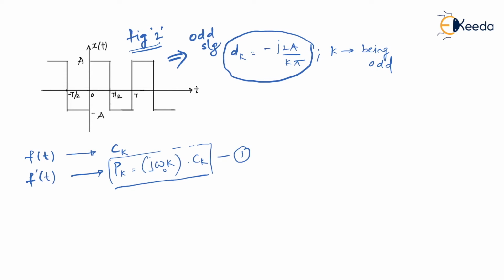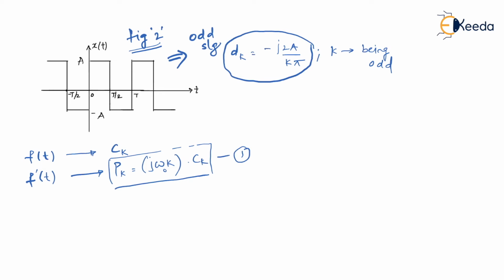So we were comfortable with a square wave. Therefore, what we did is we took the time differentiation of the triangular wave and we got a square wave. And this figure 2 which I'm talking about is a standard square wave for which we have predefined coefficients, which is minus j 2a upon k pi, where k is odd. K has to be always odd because in such a square wave, because of the half wave symmetry feature, all even harmonic components are equal to 0. So please don't forget that.